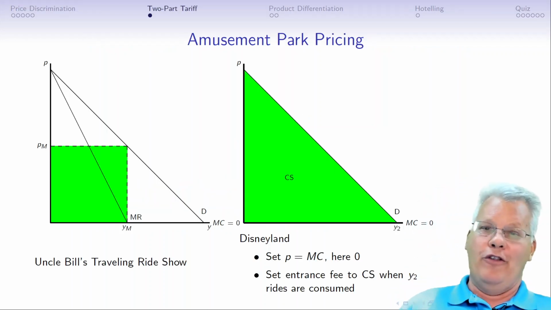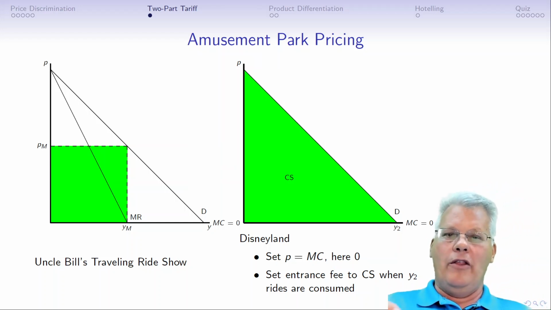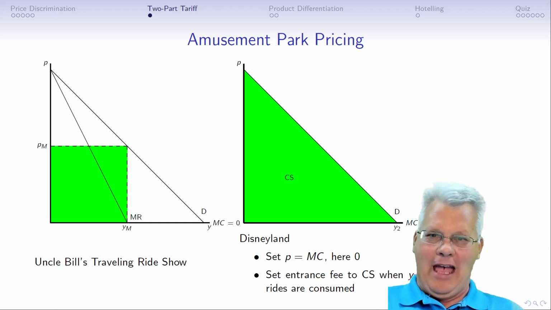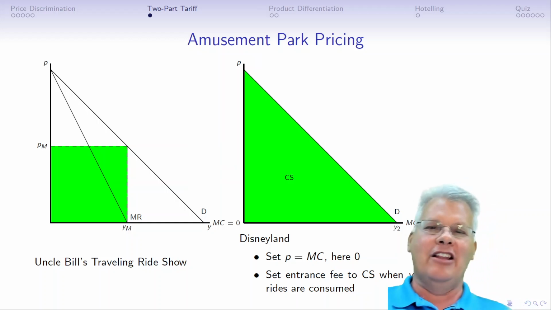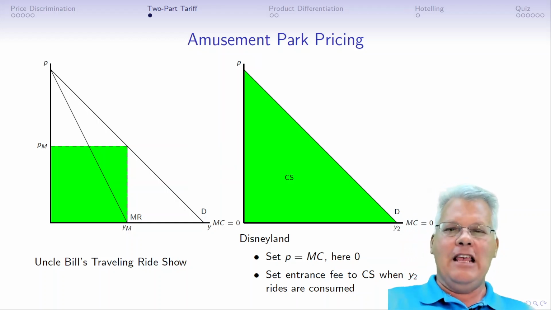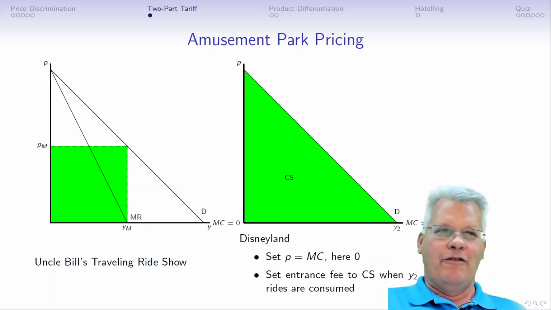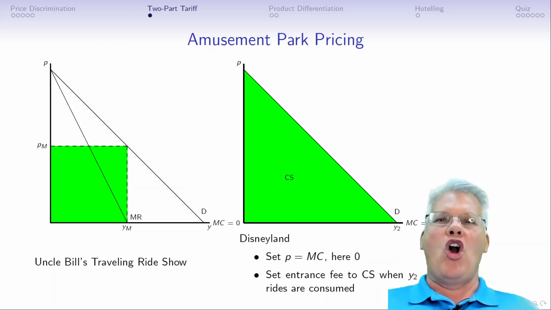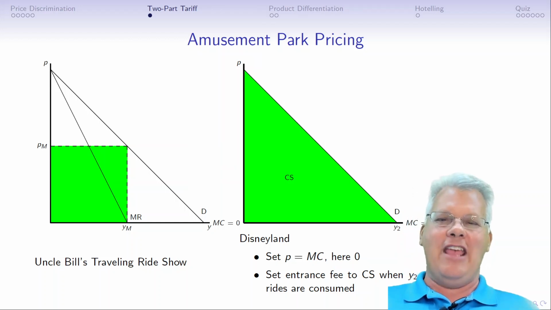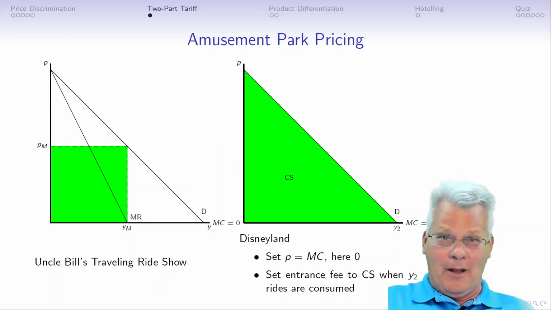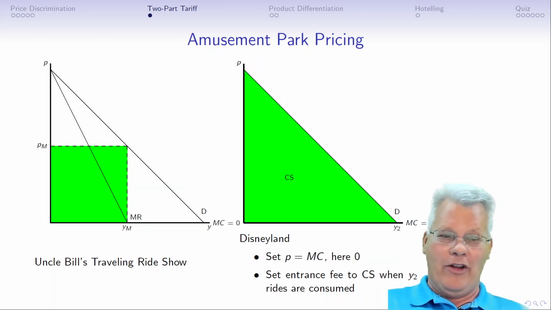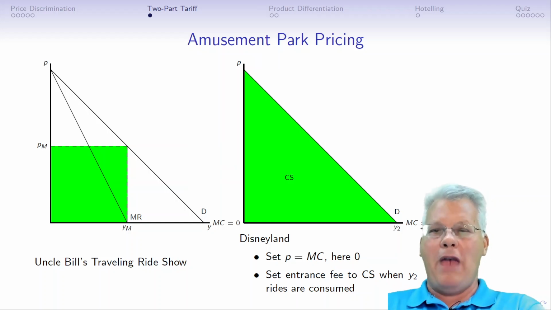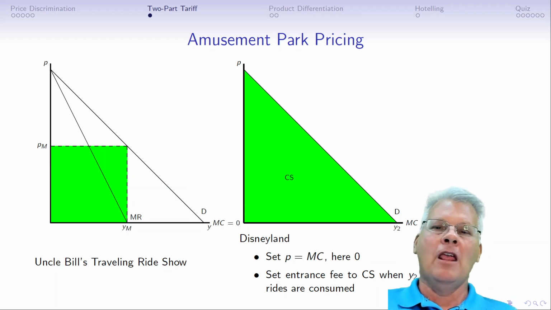The two-part tariff is where there's a per unit price and then an admission price. The classic example of this would be Disneyland. So when you think of how Disney prices admission to their parks versus going to a traveling carnival that shows up for Independence Day, most traveling carnivals that I'm familiar with, there's no admission fee. They don't have a fence around it. Basically, you walk up, you pay the price, you ride the ride. So Uncle Bill,